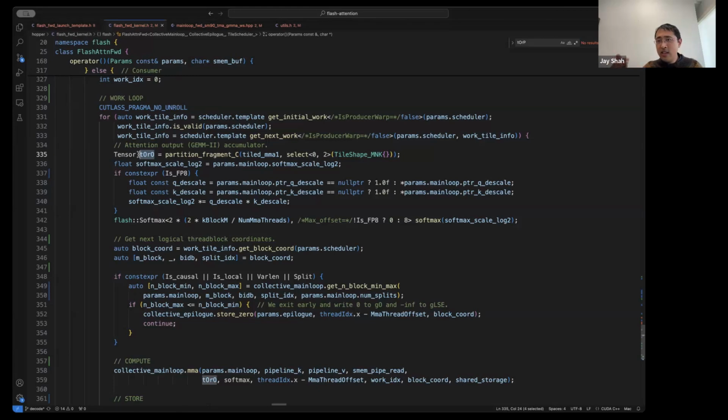The r is that it's stored in registers, and the t is that it's the threadwise view. So this is a register-backed tensor I create using this method here, which knows about the WGMMA layout. It will be housing the values of the attention computation. It will be the accumulator.